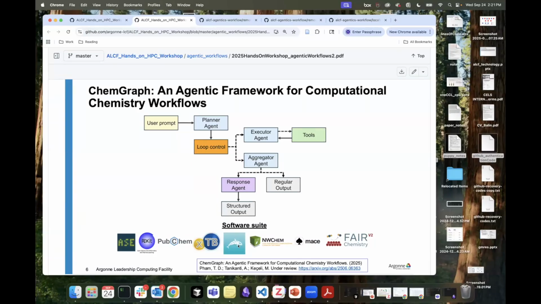These tools cover a broad range of computational chemistry, from cheminformatics to actually running molecular simulations using a wide range of methods, from semi-empirical to ab initio methods as well as the more recent machine learning interatomic potentials. Once all the executor agents finish their tool calls, the results are sent to an aggregator agent that returns a final answer to the users based on the tool calls. In the next slide,